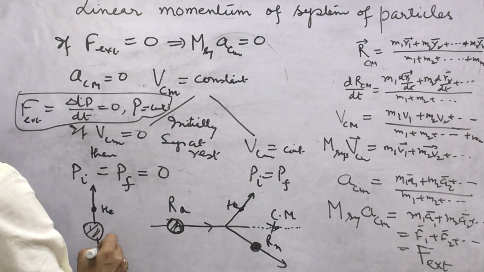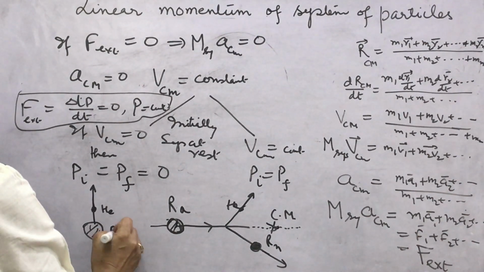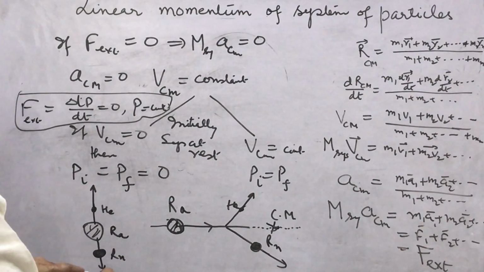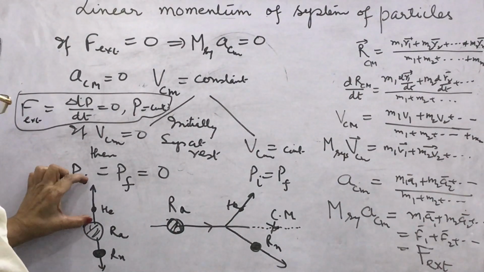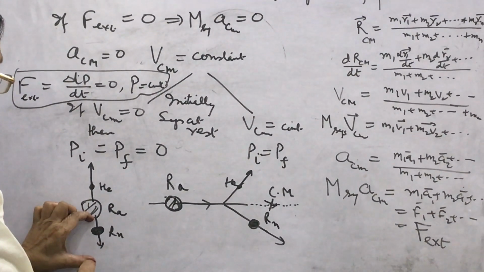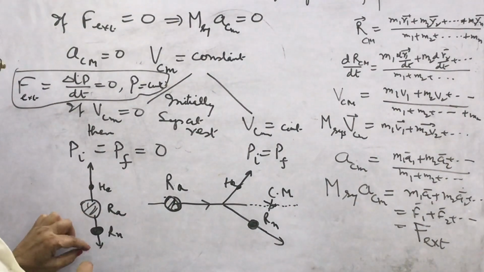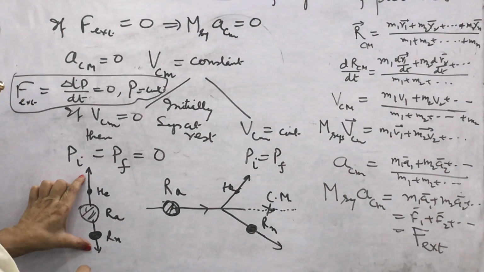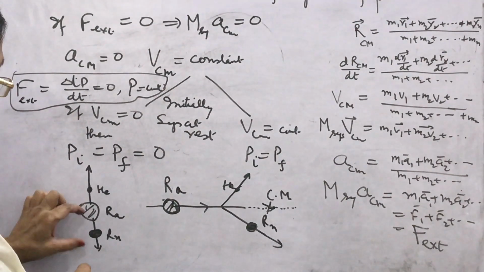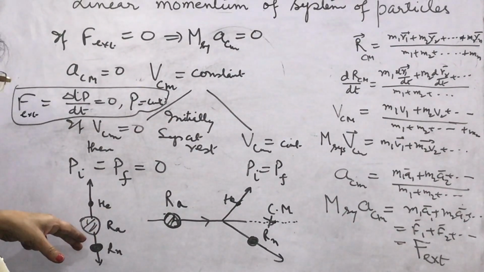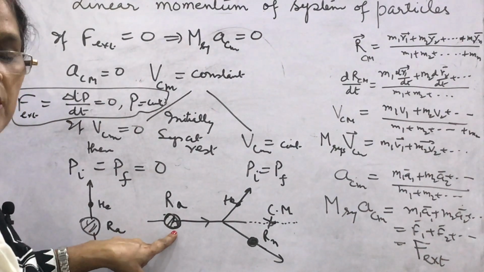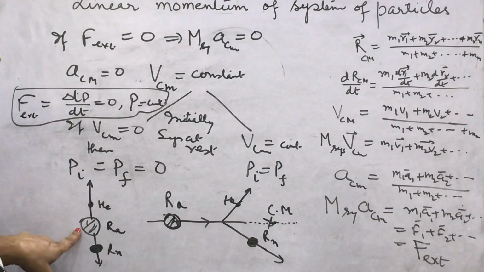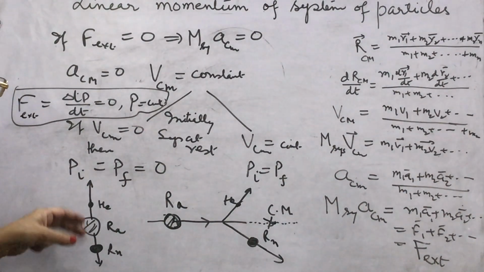Then the other, radon, this is the nucleus of radium, this is radon, since its mass is more, it will move with the lesser velocity opposite to that. It means this momentum is the same as this momentum. Momentum is a vector quantity, net momentum 0. Before explosion, the momentum was 0. Finally, after explosion, momentum is 0. So in this way, conservation of momentum can be explained. In this uniform motion of radium, you can see that from the frame of reference of center of mass at rest, the fragments move in opposite directions.